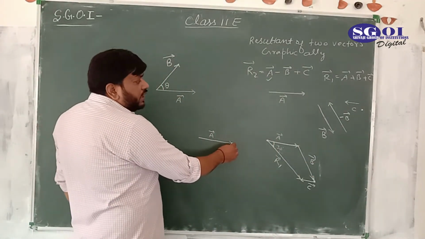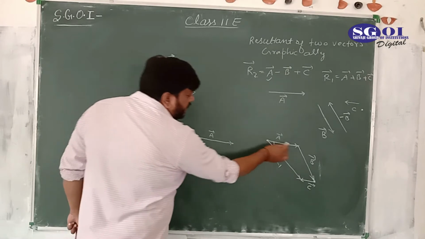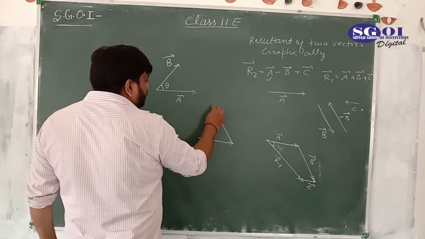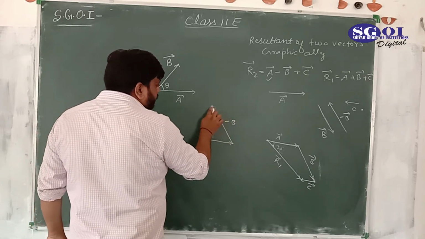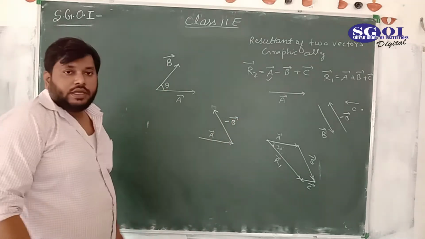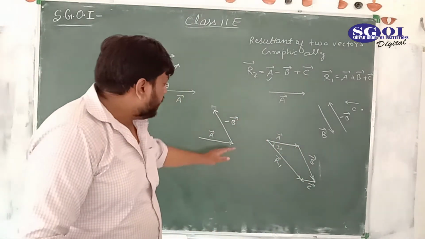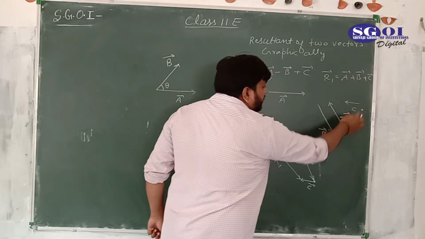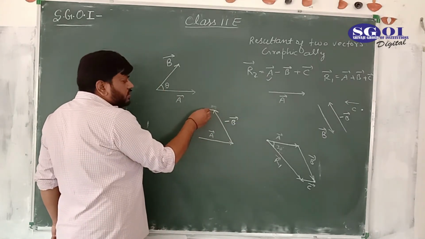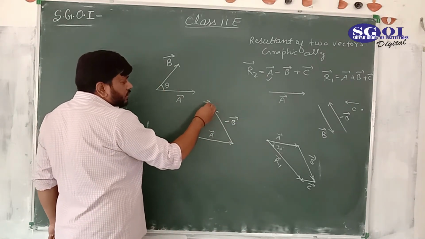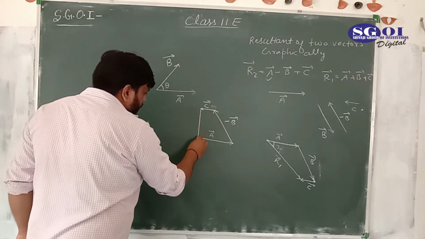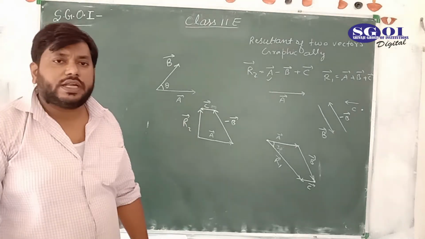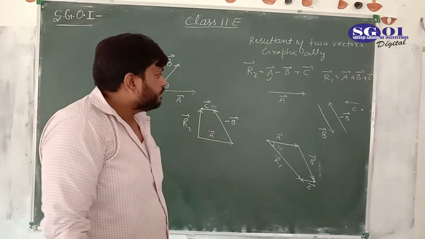So from this point, now we have to draw minus B, and B is this in this way, so the minus B would be like this. This is the minus B, and the magnitude of these two vectors would be the same, only the direction is just opposite. This is the vector minus B. Now we have plus C. C is in this direction, so I am going to draw C like this. This is the C. This is the initial point, this is the final point. So this is our resultant vector R. I think you are getting my point. This is R2 here.